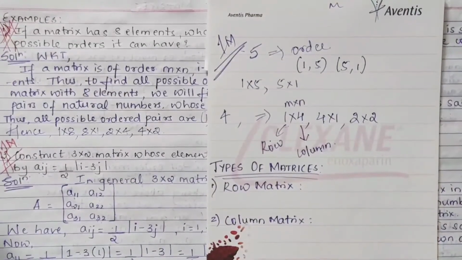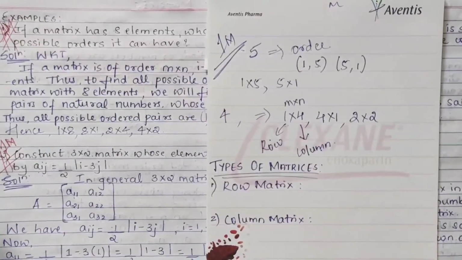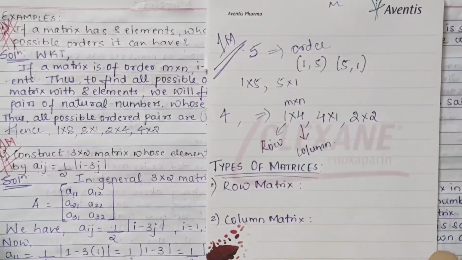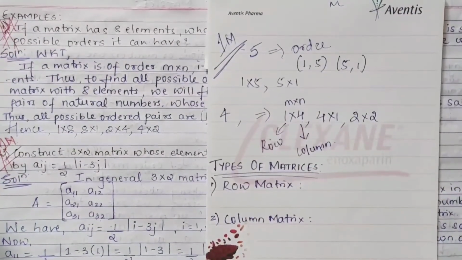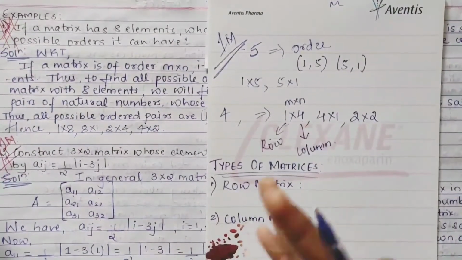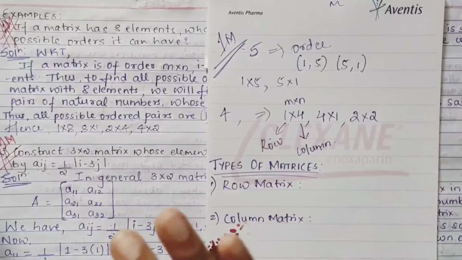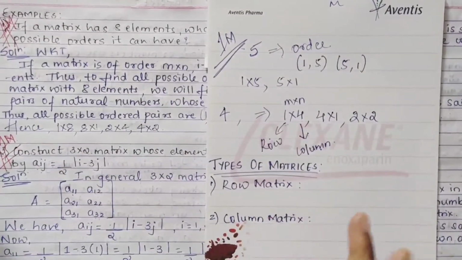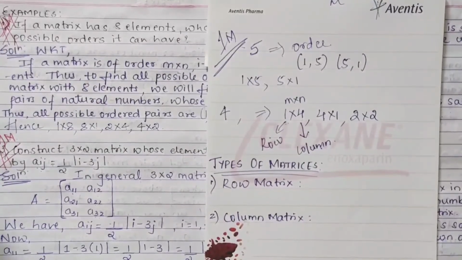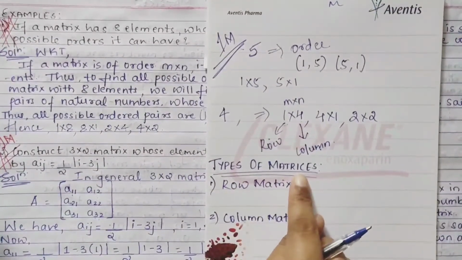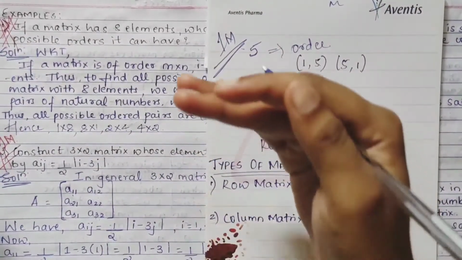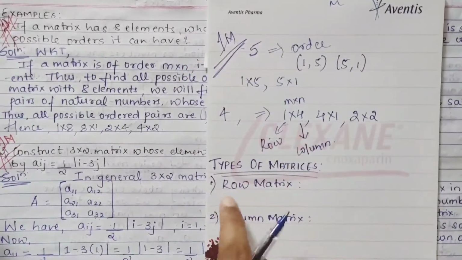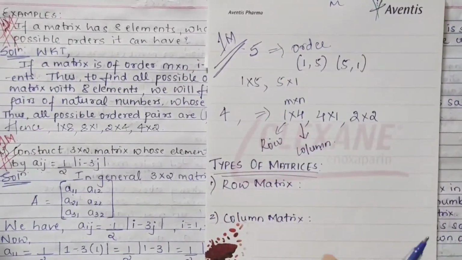Next, proceeding to the other problems. First I want to show you a few terminologies. I'll show you the definitions in writing. I'll give you time, you can pause the video and write the notes neatly. But before that I'll explain in a short way. So there are types of matrices in this. We will go one by one. I'll be explaining, and directly with an example I'll show you.